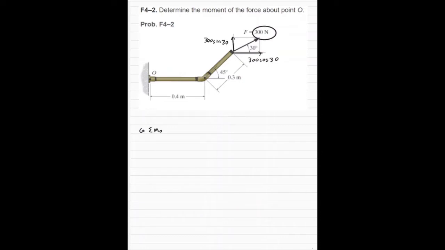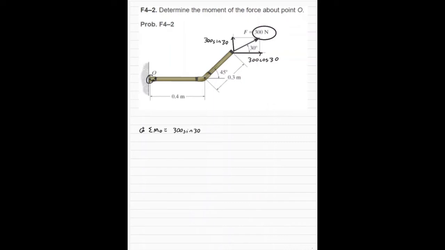I'm going to be using counterclockwise positive as usual. You can use clockwise positive, it'll end up as the same answer. And then that is going to be equal to a positive 300 sine of 30. Now this force, this 300 sine of 30, is going to be moving in the positive direction, because if you picture that force pulling that bar and the bar rotating, the bar is going to be rotating counterclockwise, positive. So I'm going to make that positive,